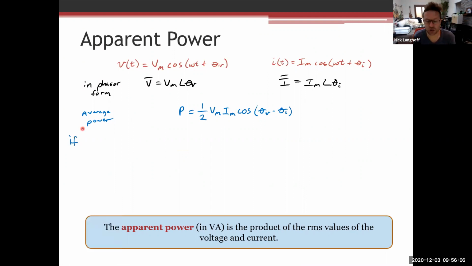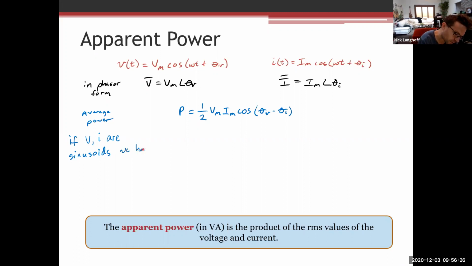That's true in general. What I just wrote above is true for any current and voltage waveforms. But if V and I are sinusoids, in other words, they're sinusoidal,